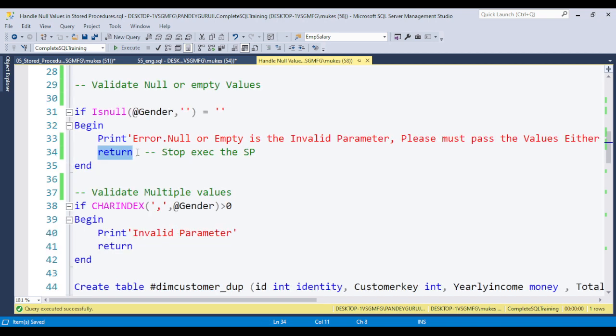Now suppose they do not pass a null value but pass multiple values. Then I use CHARINDEX here. CHARINDEX basically gives the index position.